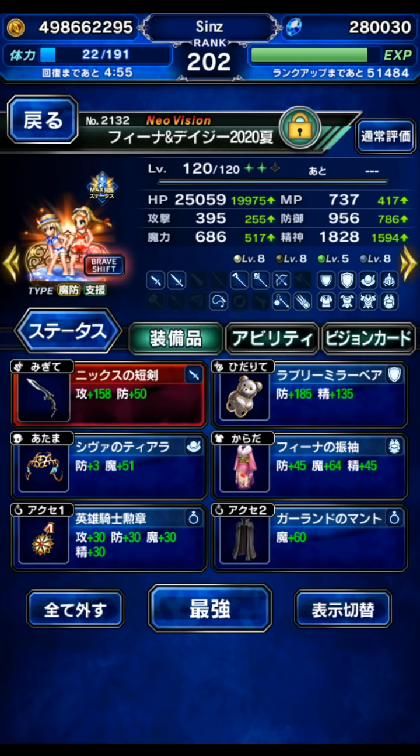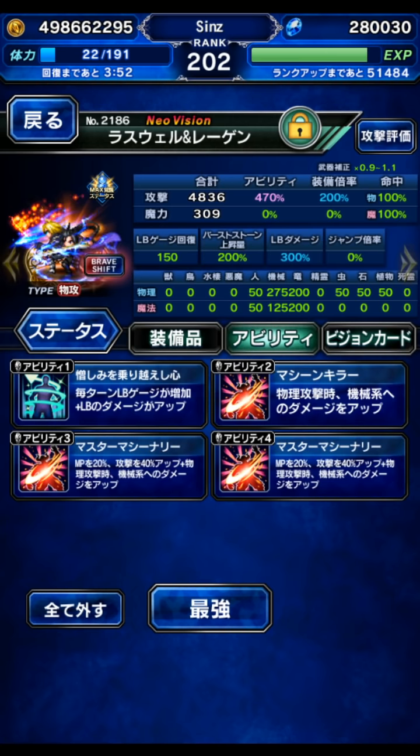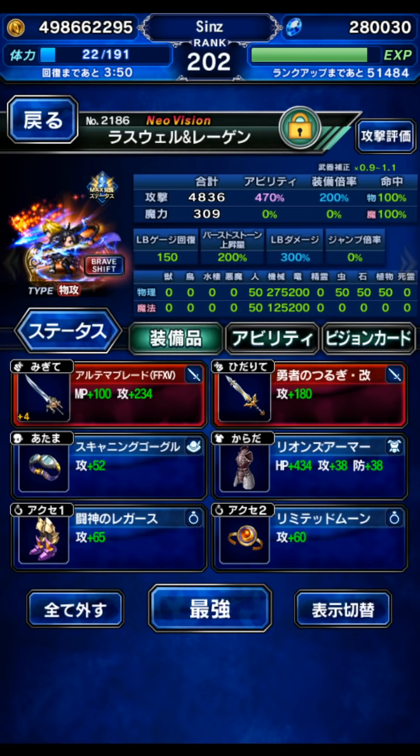Again, Sora is totally fine here. You don't need to use something like last gen. I just don't have Sora, so I got to use a big boy finisher to kill the boss in one turn to do the quick way. And again, you don't have to do the quick way either. This is just the OTK strategy. So he's got lots of machine killer, like I said, and he is dual wielding, and that's why I'm bringing